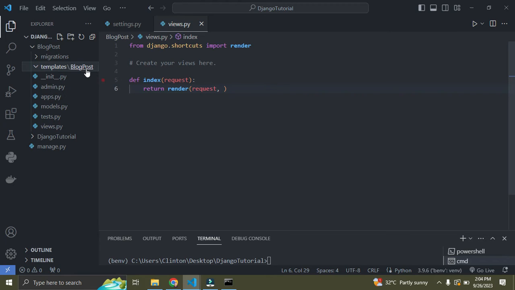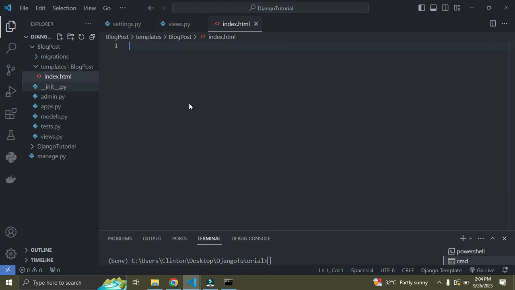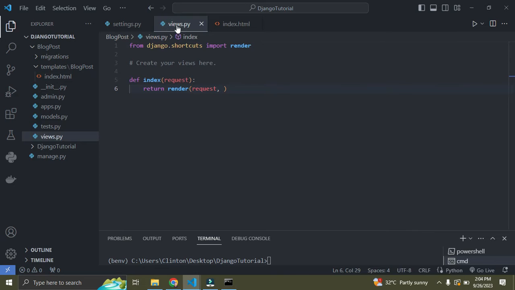In this folder, I'm going to create a new file. I'm going to call this file index.html. Hope you understand now. So right now, go back to your views, and I'm going to simply render out this template called index.html. Remember, Django will always look for a folder called templates inside of your app. You understand? So Django already knows about this templates folder,